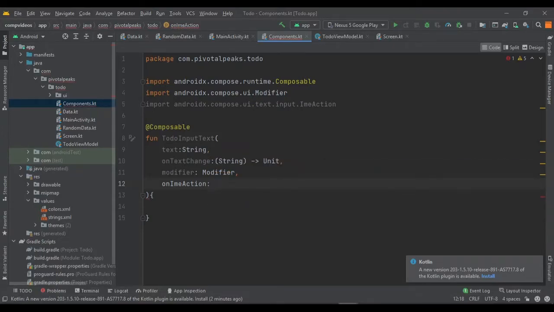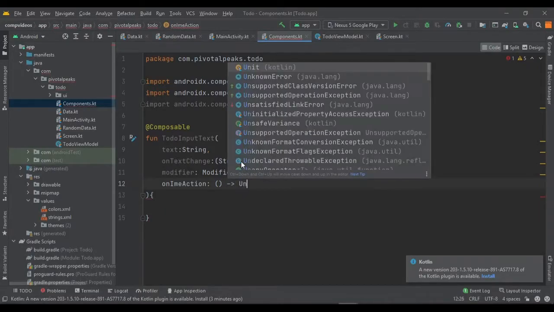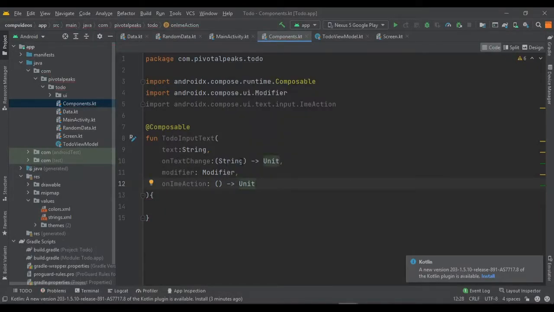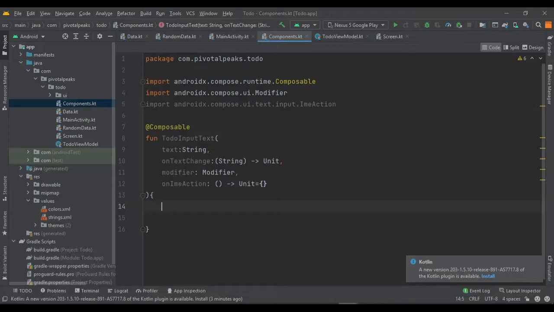When we are done typing, it will help us hide the keyboard. So we need to pass it as an empty function and unit, and give it a function. And yeah, now we can create our input field.